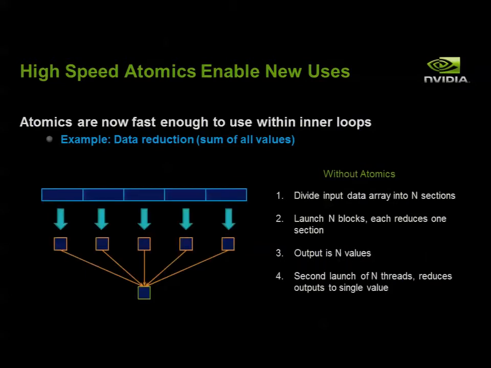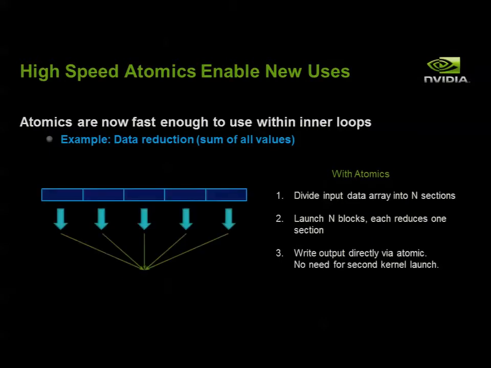Now with atomics, what this meant is that you have two kernel launches involved to get from the original vector all the way down to the total, the sum of all the elements. With atomics, you can get rid of that. You basically can compute the partial sums within a block, and then thread 0 of that block just does an atomic update in global memory of the sum, and we leave it to the hardware to make sure that you're getting the correct result, so that these updates of the global sum actually happen atomically. So this simplifies a lot of the